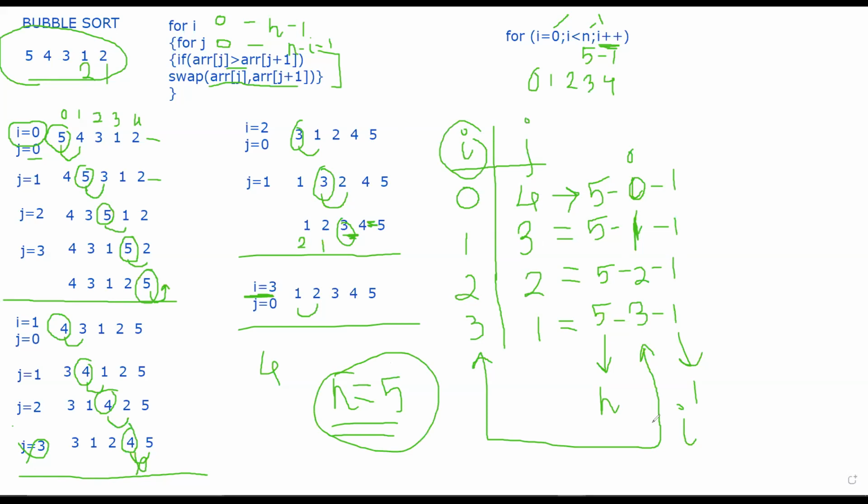Why have I done this? Because I could have written the number directly as 4 or 5 over here. But the length of this array, the length of the sequence, can change with each and every sequence, no? Right now I have given you 5 numbers, but it may be possible that I give you 10 numbers, 20 numbers, 100 or anything. I can give you n numbers. So for each and every length of sequence, this should be possible. That is why I have written this equation in terms of n and i.